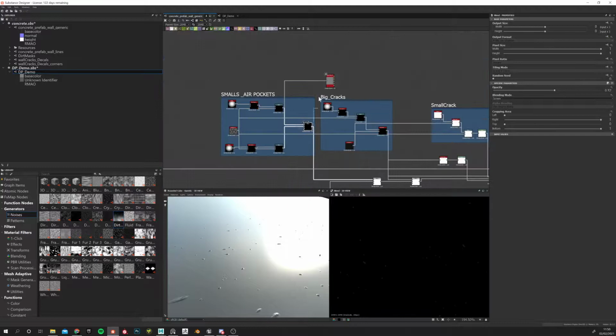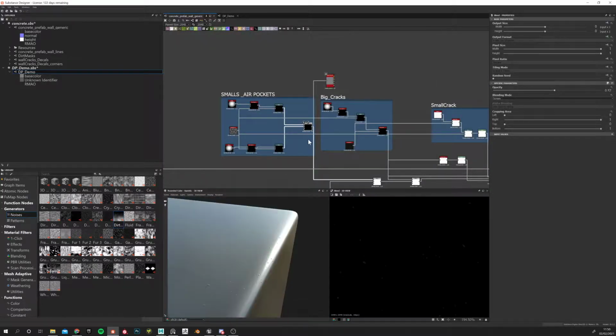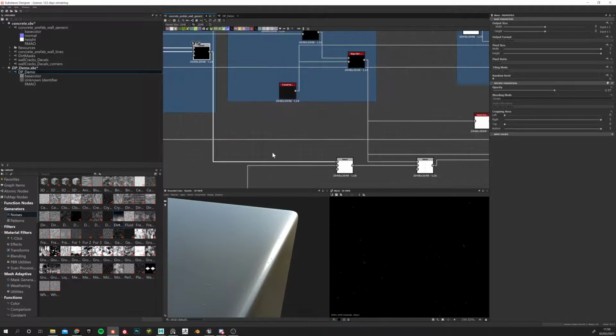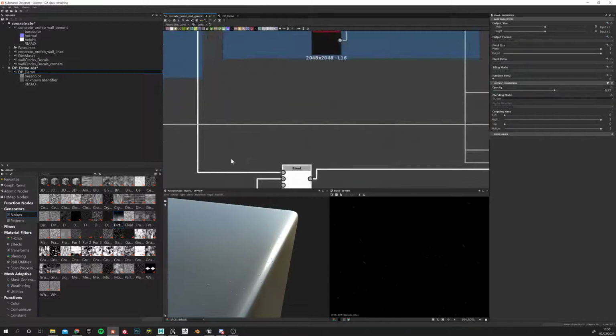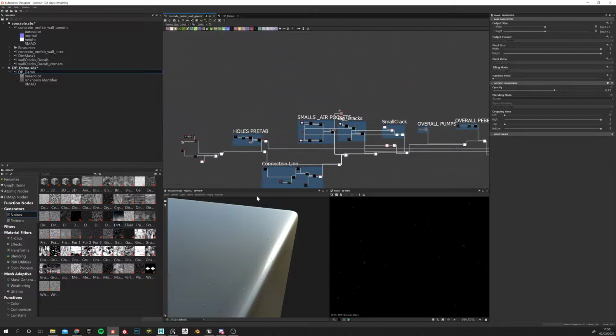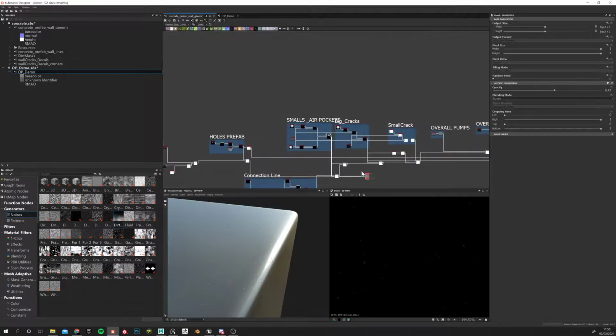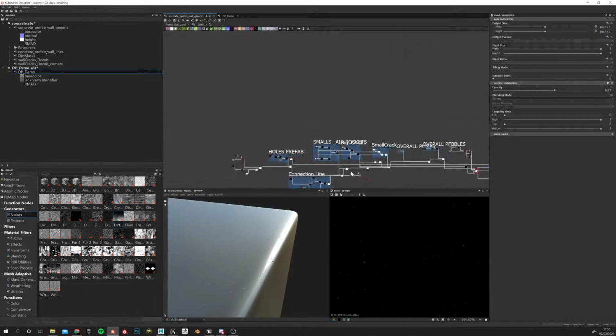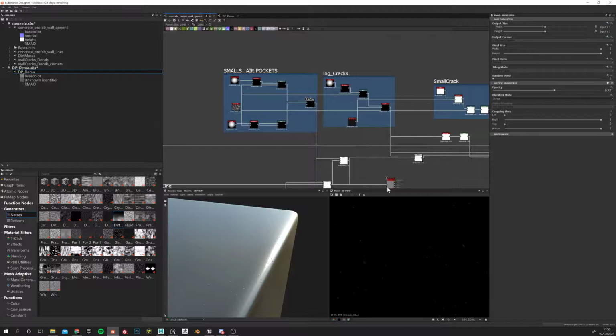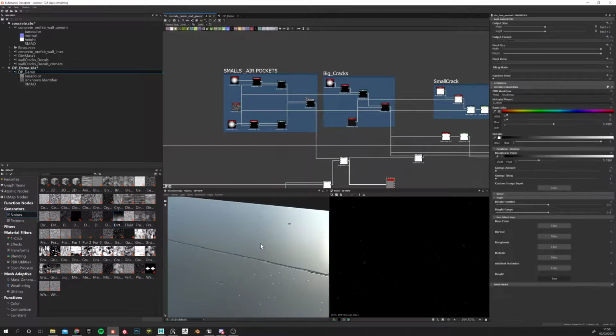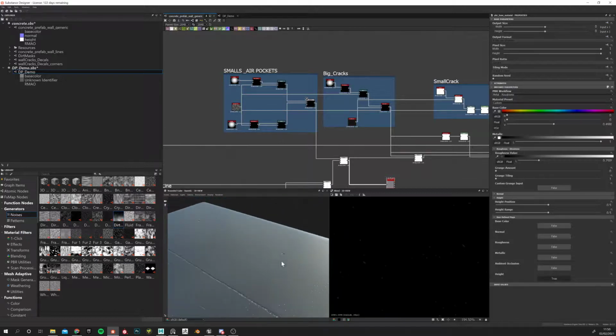And then I have two variations. One that is quite long and big, another one that is really small. Then again, I took that stuff and blended it with all the stuff that I've done so far. That will give me this. Okay, that will be all together. Look, the pockets of air, the detail of the concrete, the holes for the construction, and the line of the connection